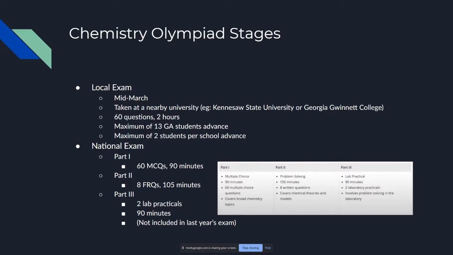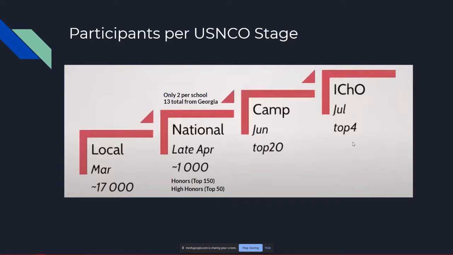Okay, so you said there's multiple rounds. Do they get harder as you go on? Yeah, they get harder. Basically on the local exam, if you score above 45, you probably will make it to the national round, and then you become a national finalist. From there you're facing off with the top 1,000 people in the U.S. for the Olympiad, and that is the really hard stage. There are three parts: an MC part, a free response part, and